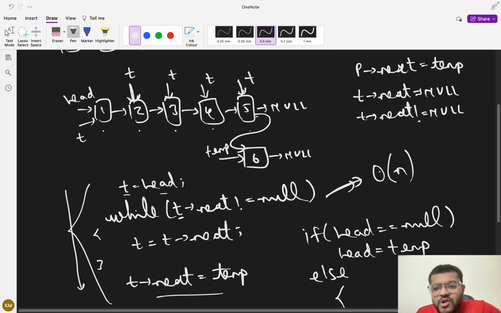So this while loop is big O of n amount of time, and auxiliary space will be constant, and other operations are constant time, like t equal to head, t next equal to temp, and doing this if else condition, right? If this if condition is executed, it's a constant time work. But if I give a time complexity in big O notation, worst case, then inserting at the end of the linked list will be big O of n, where n is the number of nodes currently in the linked list. Now let's try to code it.